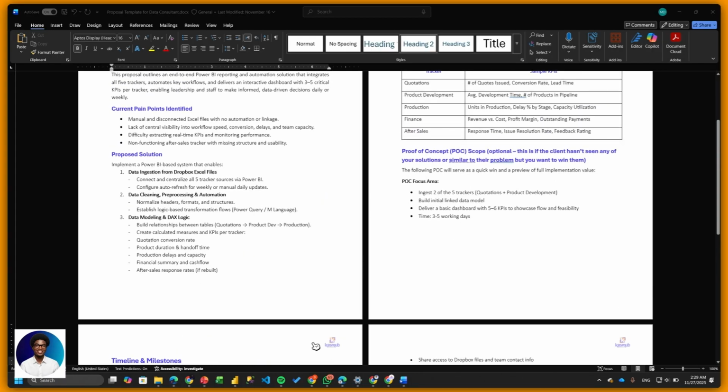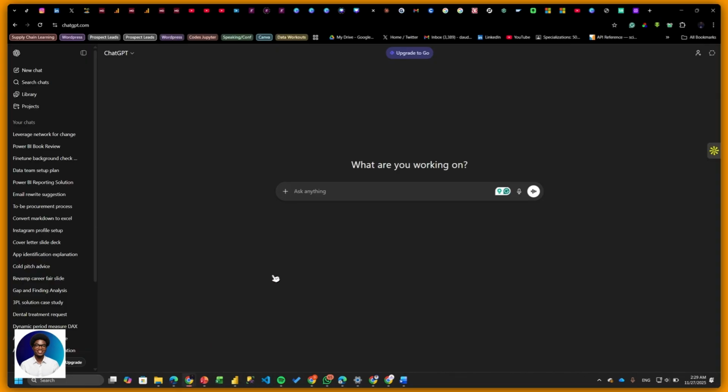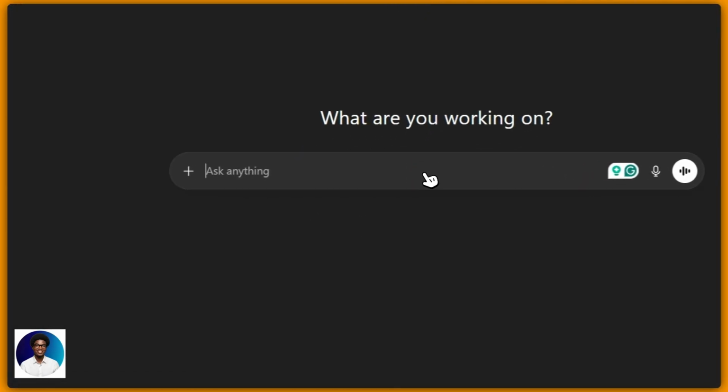So how can you use this? You go to ChatGPT, upload the file there, and then write the problem. You need to write the problem statement. First, in ChatGPT, you put your problem statement.